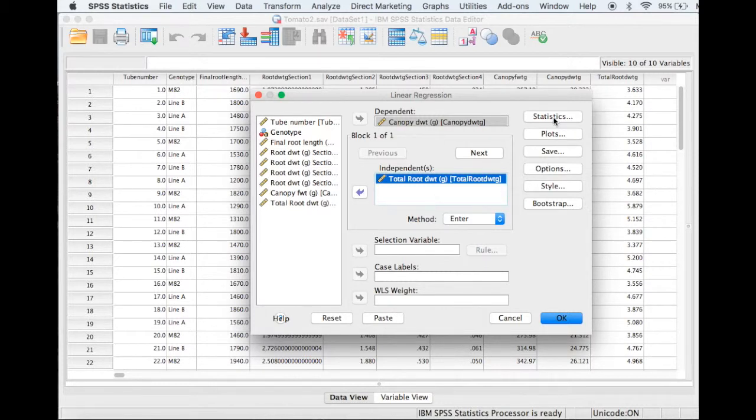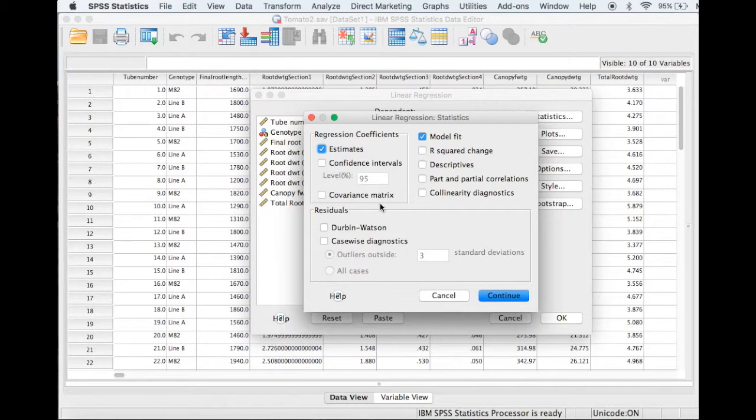And if we click on Statistics, I want to make a remark about the Durbin-Watson test. If the measurements were made over time, we would select this test to check that the residuals are uncorrelated, or in other words, no autocorrelation. But this is not the case in this data set, so we don't have to do this. So if we go back,